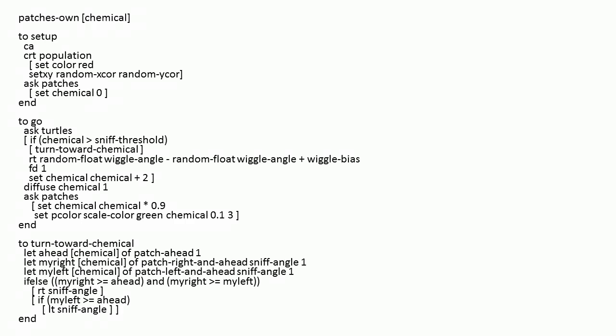Then to go, we ask the turtles: if there's chemical above some minimum threshold called sniff-threshold, which is a slider, turn towards that chemical. That procedure is down below. Then do a right turn, a random amount based on the wiggle angle, which is another slider, minus another random amount adjusted by the wiggle angle, plus the wiggle bias, which tends to make it move more to the right or to the left. Then move forward, then set the amount of chemical equal to the chemical